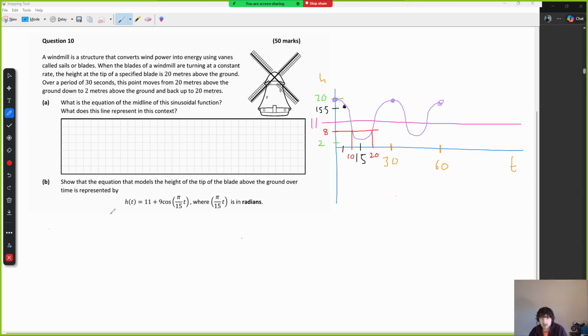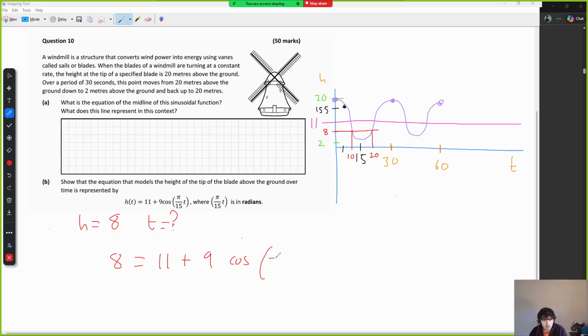It's a bit tougher using the function to do that, so that's what I'm going to show you how we do here. They basically said that h is equal to 8 meters. Find us the times when this occurs. That's the question. So what we do is we put in the 8 for the h: 8 = 11 + 9